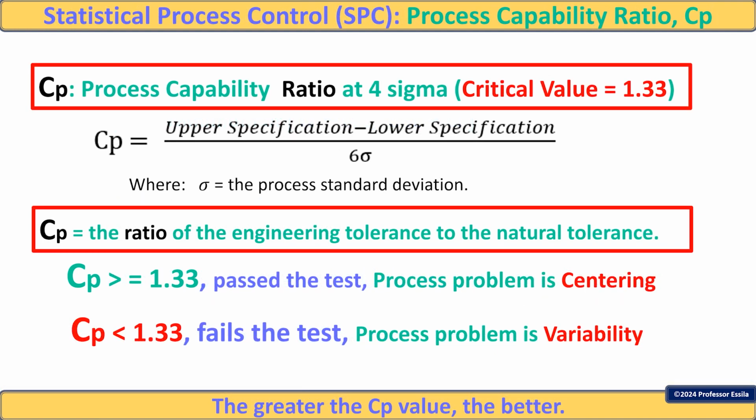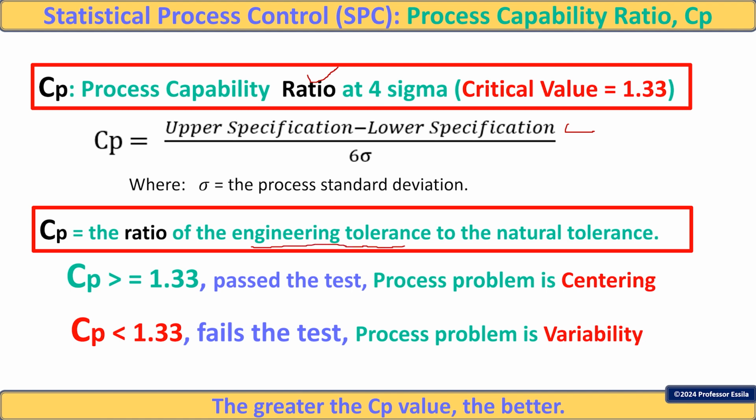So now for the Cp. The Cp is the process capability ratio. This is the test that we do after the process failed the process capability index. First of all, this is the formula, which is the upper specification minus the lower specification divided by 6 sigma. This part, the upper specification minus the lower specification, is what we call the engineering tolerance